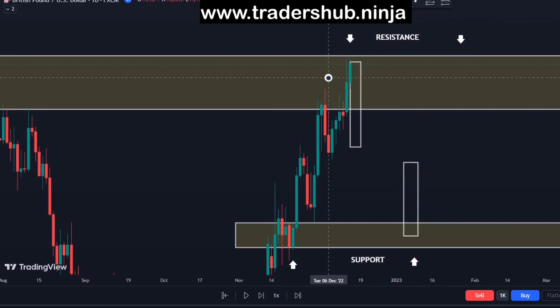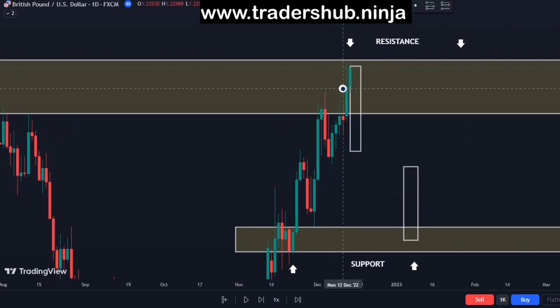Now we are in a resistance zone. Why is this one a resistance zone? Because previously the market acted as a resistance. At this level, sellers are in control of the market, and the market will come down. Now the market will approach the same level. What will happen next?